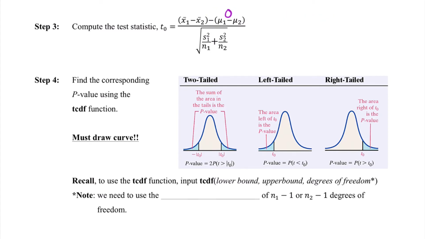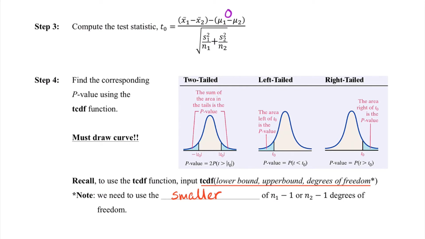If that's okay, step 4 has us using the TCDF function, which we've seen before. Remember that we have to be a bit careful based on the type of test that we're working with, two-tailed, left-tailed, or right-tailed. And then remember to use the TCDF function in order to find the p-value. We need to input the lower bound, upper bound, and then our degrees of freedom. But with this type of test, since we're working with two different samples, we need to use the smaller of either n sub 1 minus 1 or n sub 2 minus 1 degrees of freedom. That is, we use the smaller sample size, if they're not equal, in order to determine the degrees of freedom